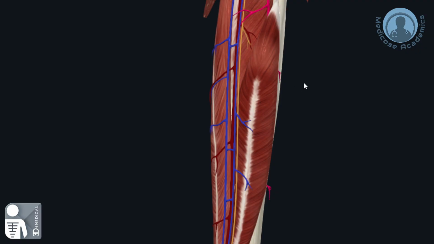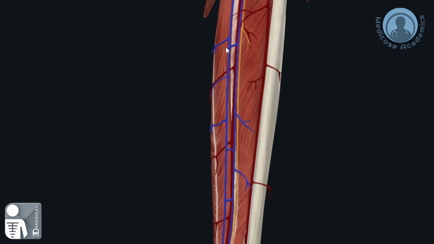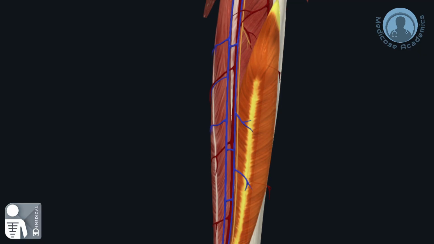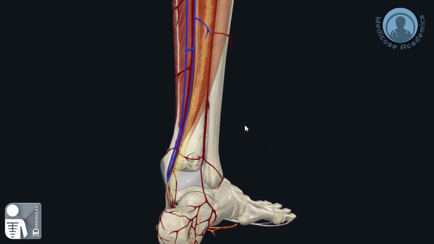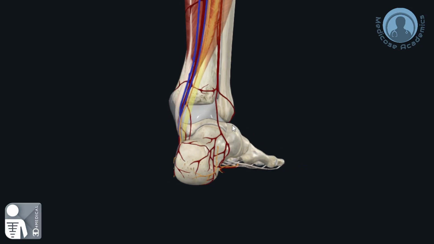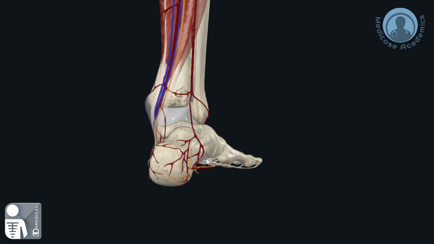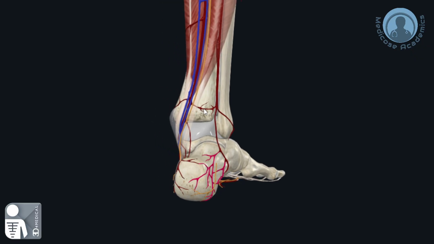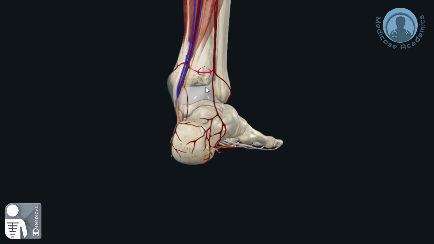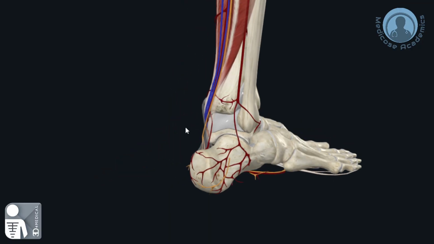It runs under the flexor hallucis muscle, under the cover of it, and goes down. It gives rise to these branches that supply the lateral malleolus. These are malleolar branches. These are calcaneal branches, like this on the medial aspect of your calcaneum. And then there is a communicating branch joining the corresponding communicating branch of the tibial artery. And a very important one is the